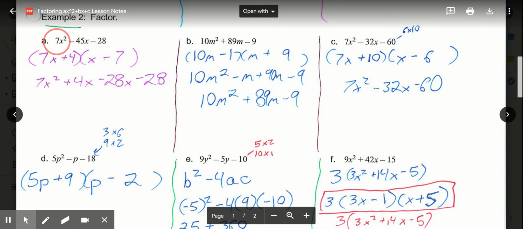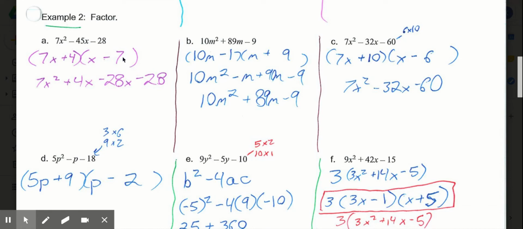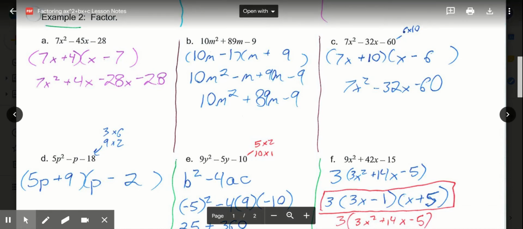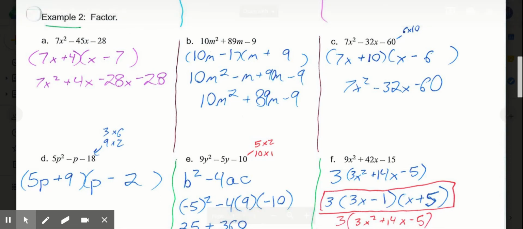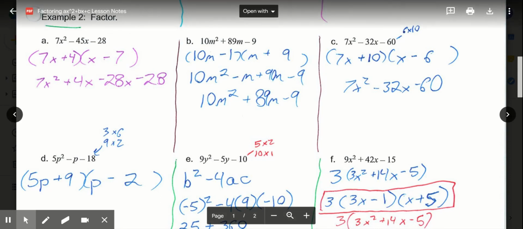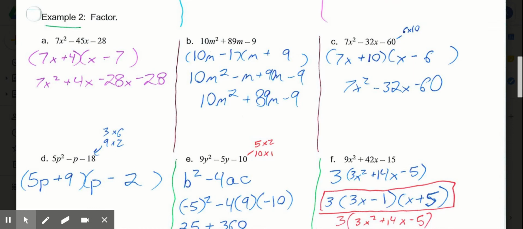So if I have a 7x squared, I need to split the 7, 7 and 1. Factors of 28 are 4 and 7. And then I just tried a combination and foiled it to check. So 7x plus 4 times x minus 7. When I FOIL that, I get 7x squared plus 4x minus 28x minus 28. So if I look at that,